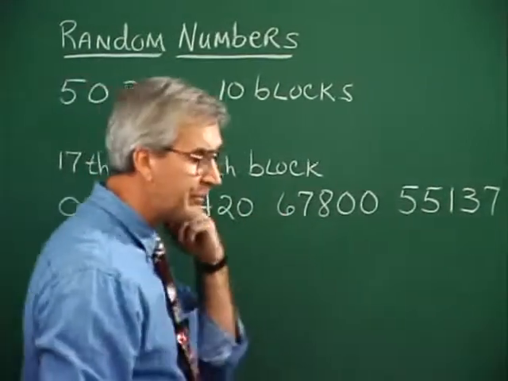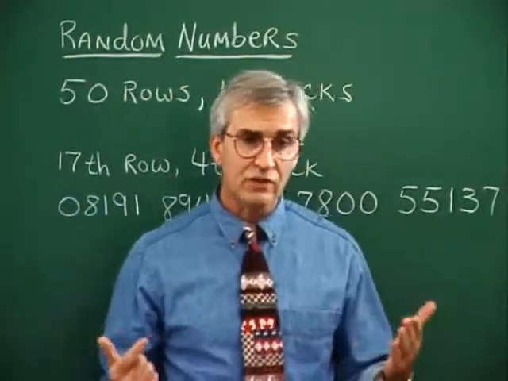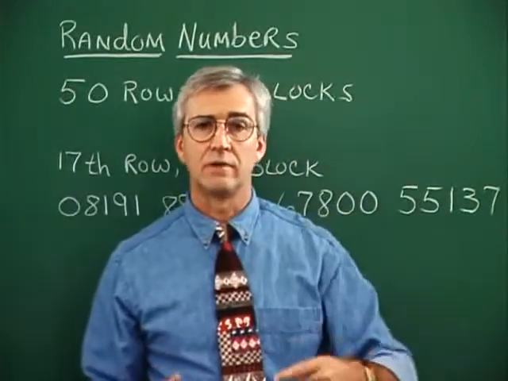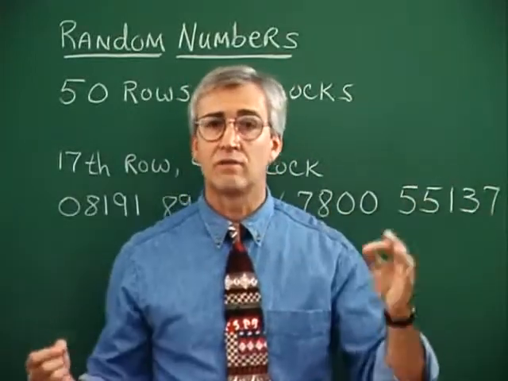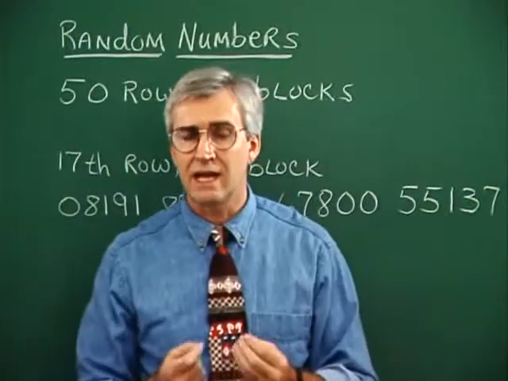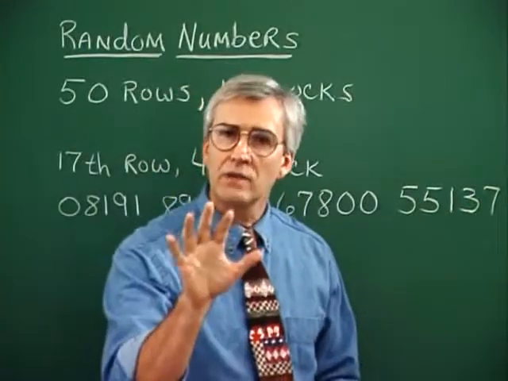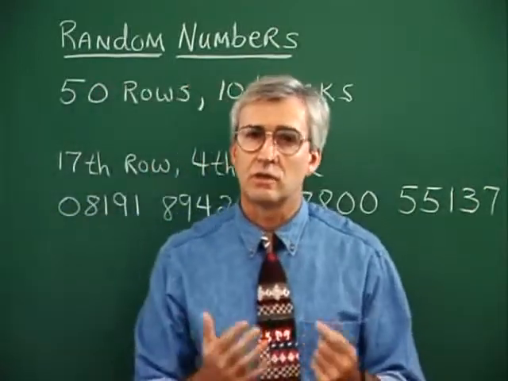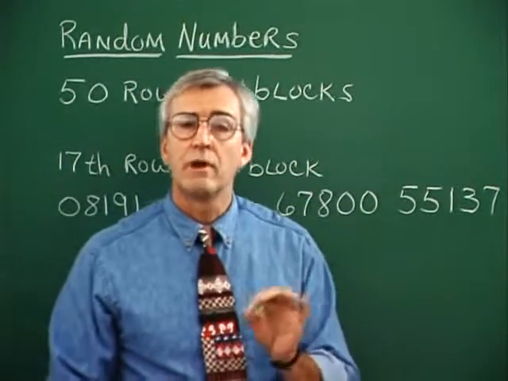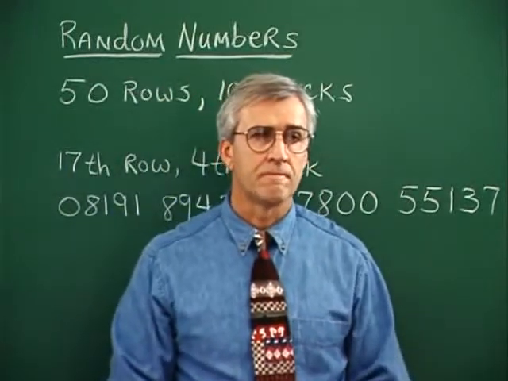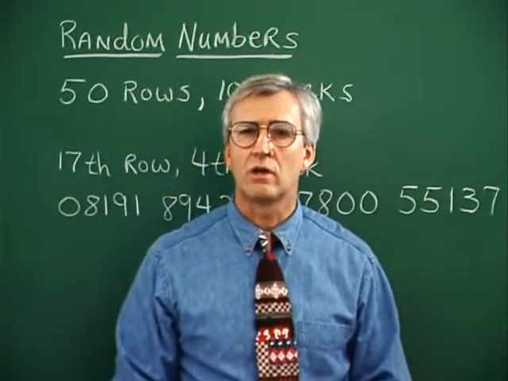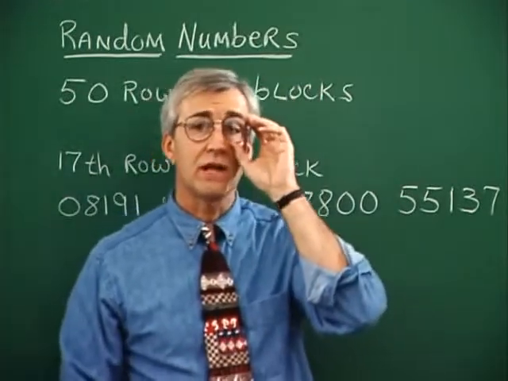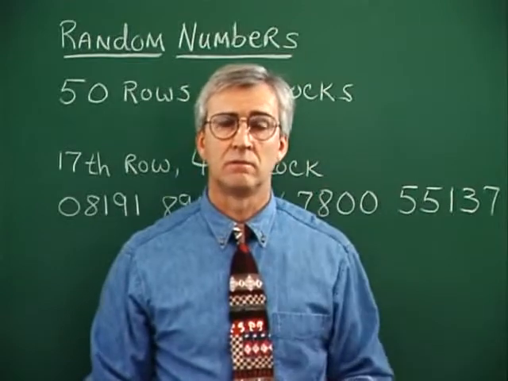Now notice that I'm writing these digits down left to right. We could select to write them down up and down, or diagonally from the random number table if we want to. But here's how this kind of table might be used to select a random sample. Suppose there are 500 automobiles and we want to select 30 of them for some kind of sample.